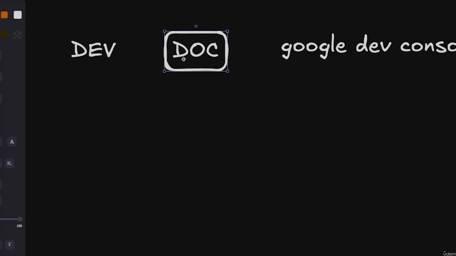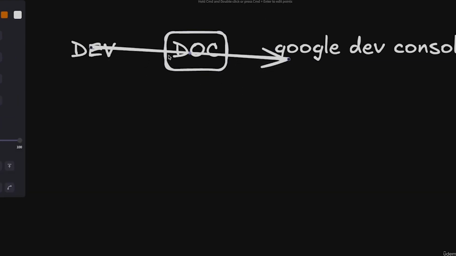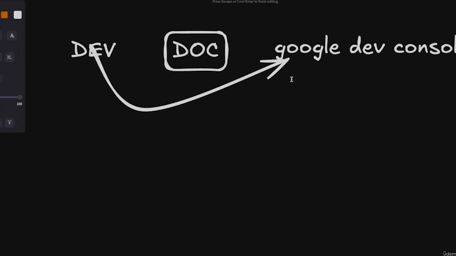This is my application name, and I'm a developer. I will go to the Google Developer Console, and the first thing I will do is register my application there. When you register, you will get a client ID,